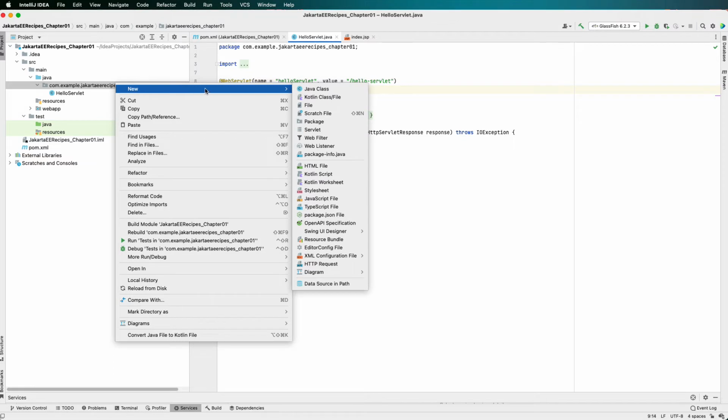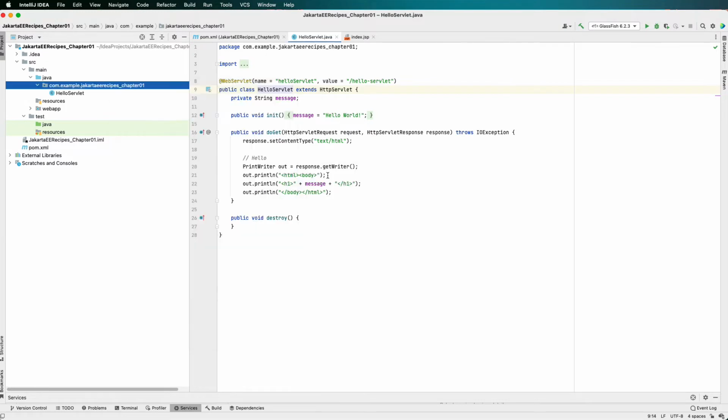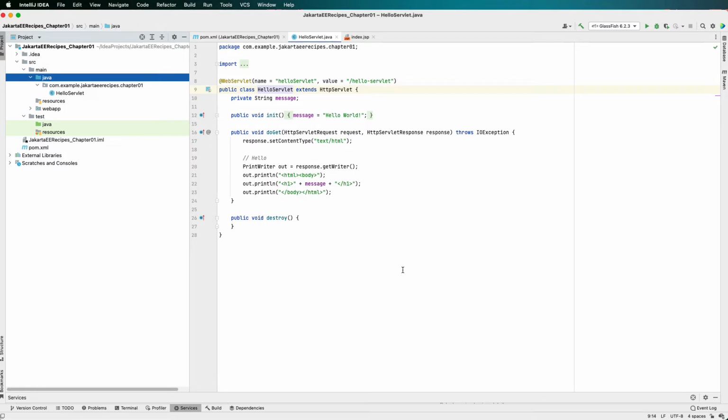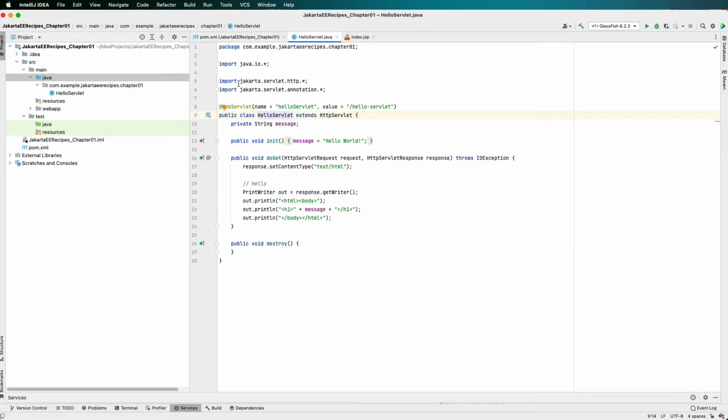I will rename this package. So what I'll do is I'll go to refactor and I'll rename package. So it's jakarta.recipes.01. So I can do like this. So this will be a little better. So now I have created a hello servlet, and in this hello servlet you see there are the jakarta.servlet.http package included, and also servlet.annotation included. Now to call this, what I'll do